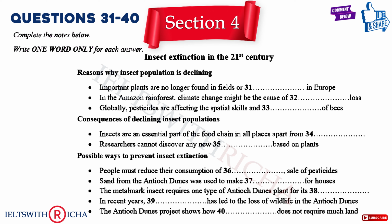I'd like to finish with a positive story. There's a place in California called the Antioch Dunes. In the 1900s, people looked at the dunes and the sand that formed them and thought, that sand is a great raw material. And because they needed to build houses, they removed tons and tons of the sand and turned it into bricks. It wasn't really until the 1960s that biologists suddenly realized that the Antioch dunes had actually been